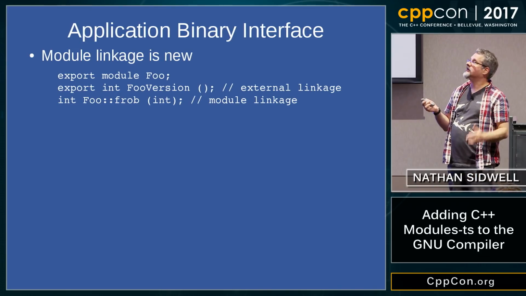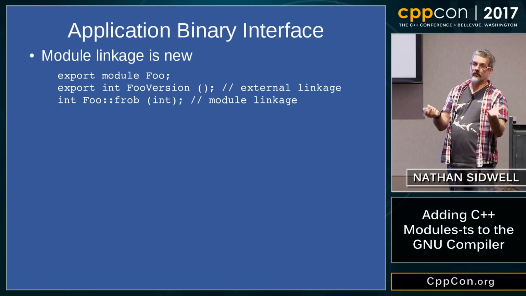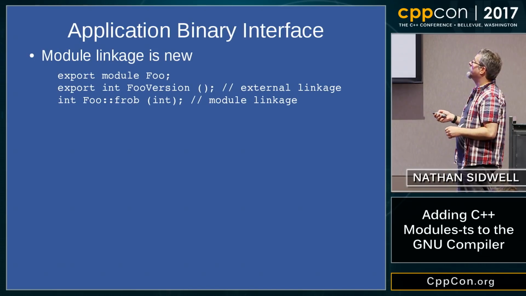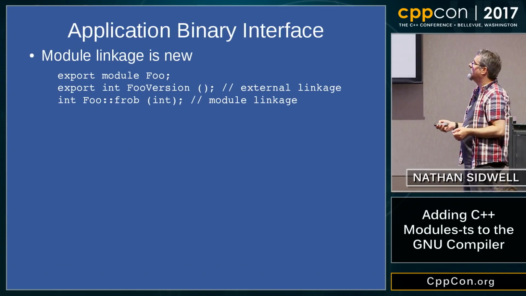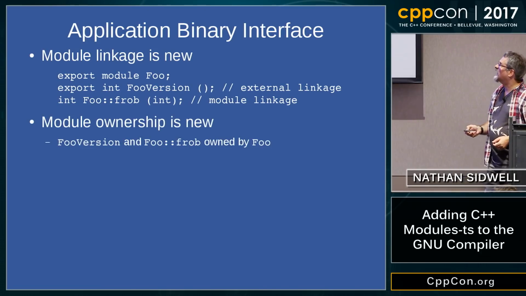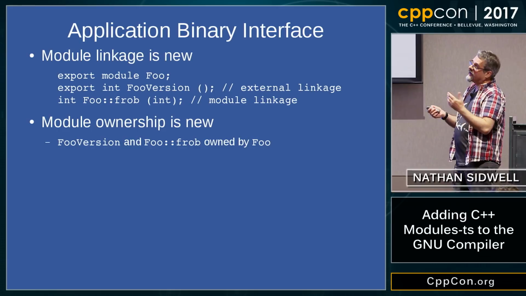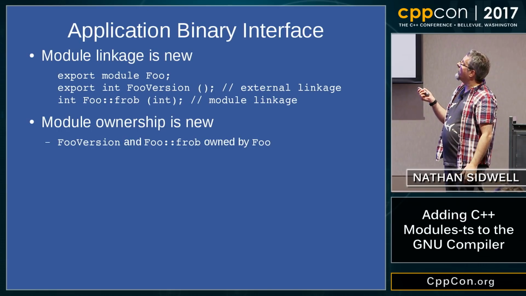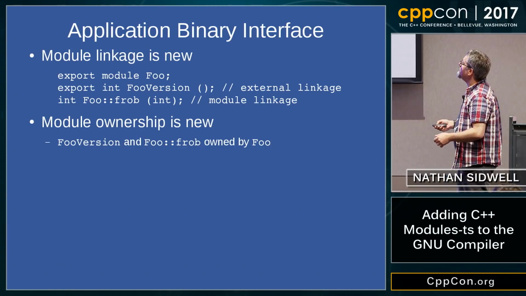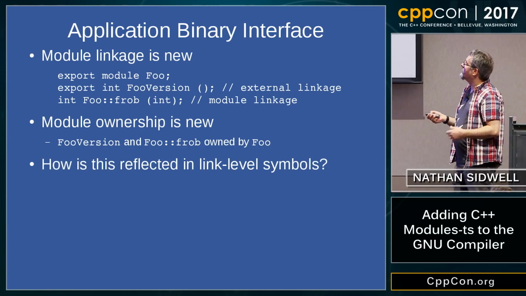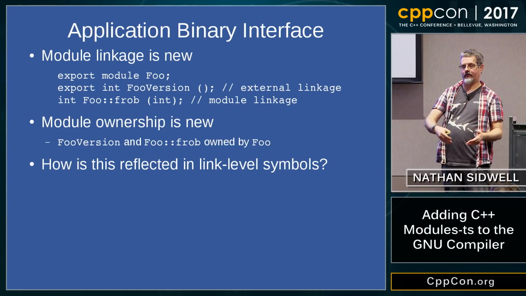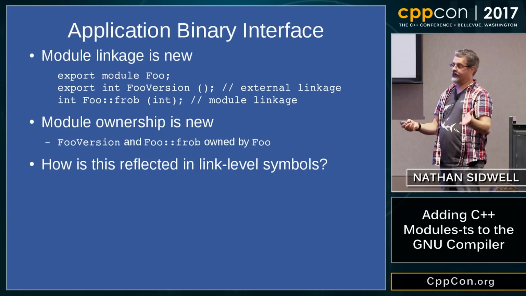This is the language level term: external linkage and module linkage. External linkage, we've always had that. That's things that are implicitly extern or explicitly extern, i.e. not static. But module linkage is a new thing, and module ownership is new. These two symbols are owned by the foo module. They have an ownership thing. So somehow we've got to map this onto object files so that linkers still work and that kind of stuff,